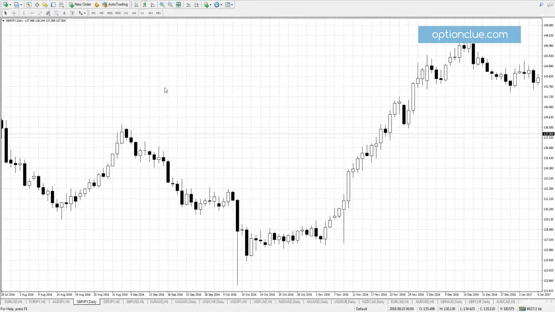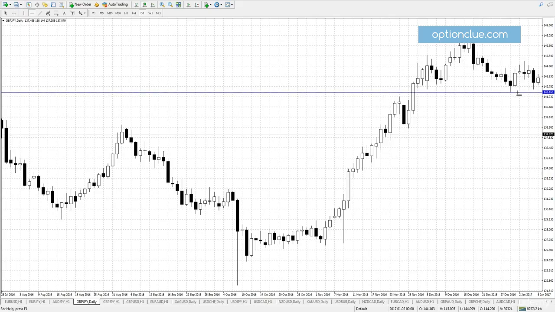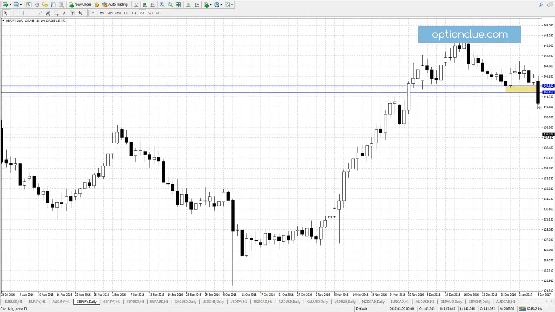We will analyze the currency chart for pound to yen, the daily time frame. Two bear and two bull candles formed a support level on the chart with borders of 142.17 and 142.85. After that, the price was at one point for a while, then on the 9th of January the support level was broken. A bear trend emerged in the market and a sell breakout signal was formed.